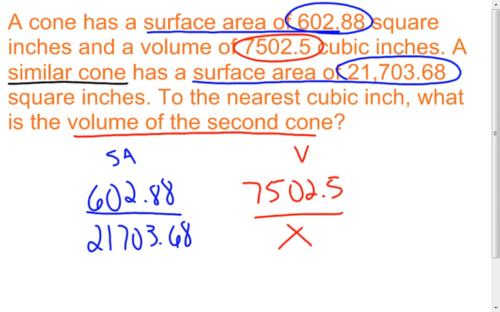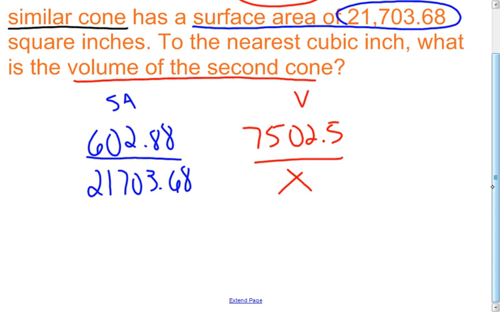Now, I have these two ratios. Again, surface area ratio does not equal volume ratio, so I can't put an equal sign in there yet. But I'm going to look at this and say, being the volume ratio has my variable in it, I'm going to leave that one alone. I'm not going to touch it. So what that tells me is I'm going to have to take that surface area ratio and somehow turn it into the volume. Well, I look at it as there's not really a direct path to it,